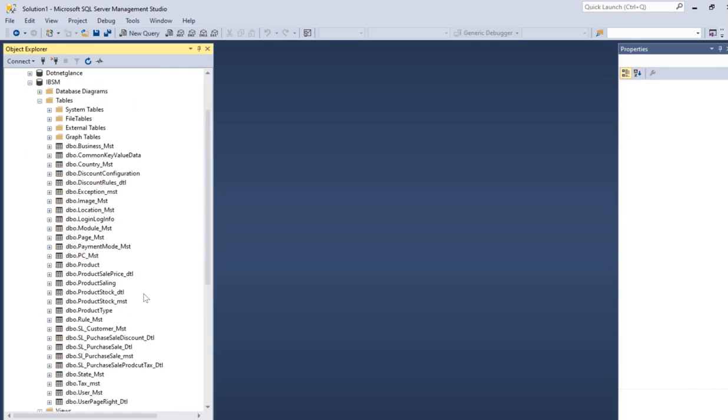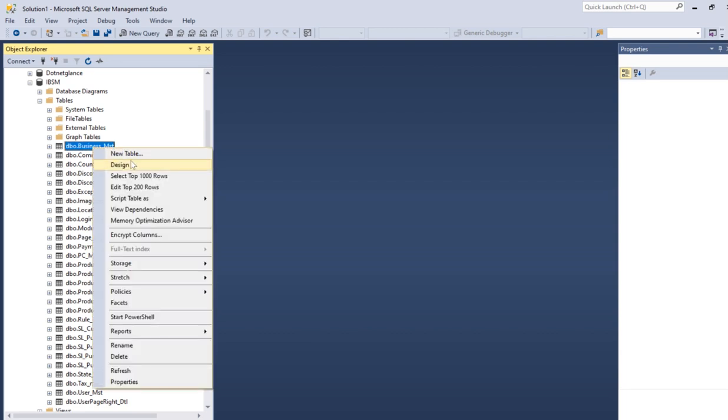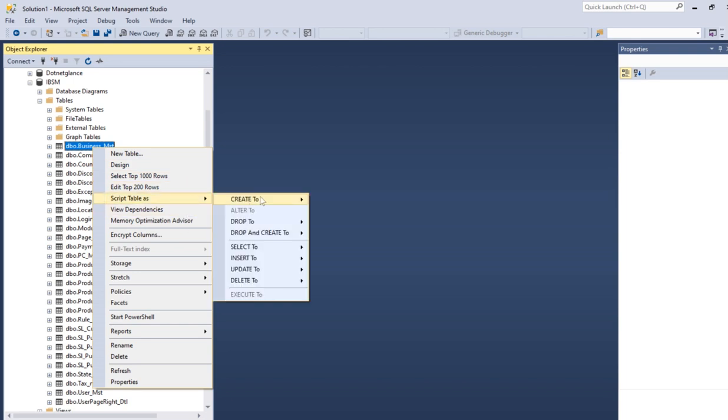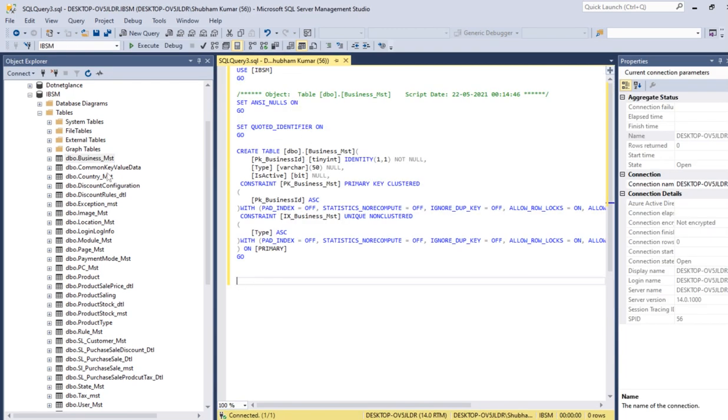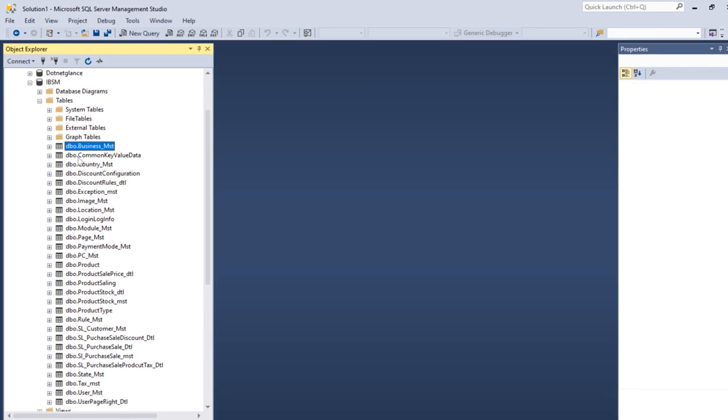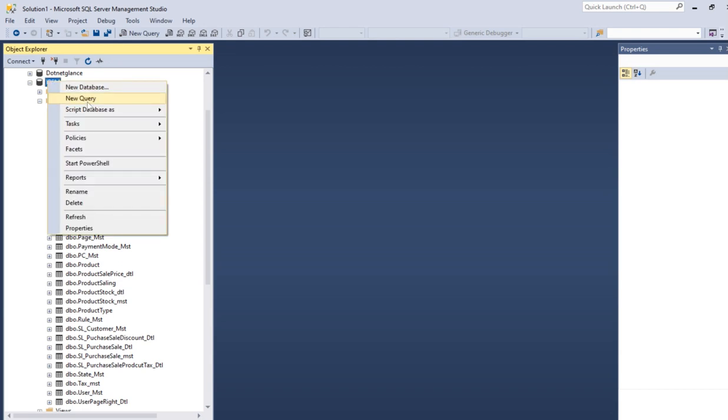So this contains multiple tables as you can see over here, and we want to create a script. So the first option is we can go with this option here to directly create a script of this table, something like this. But over here what we will get is only a single table, we don't have an option of scripting multiple different tables. Okay, so for that what we will do, we will go with another option.